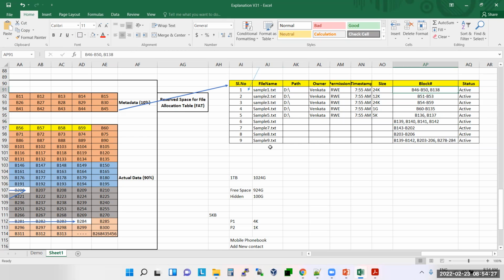Sir, if I delete the file, will the inodes be deleted? Normally, if you delete a file, let's say you're deleting samplify.txt, your disk will change the status to inactive. It means these blocks can be reused, so the 136, 137 blocks will be reused.